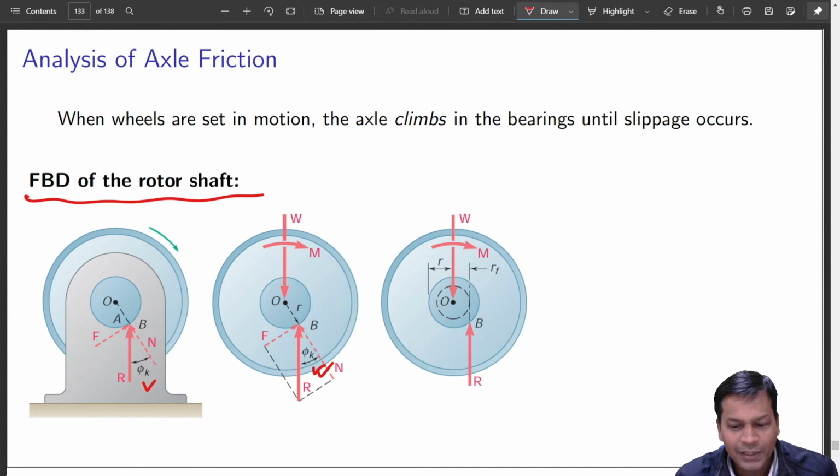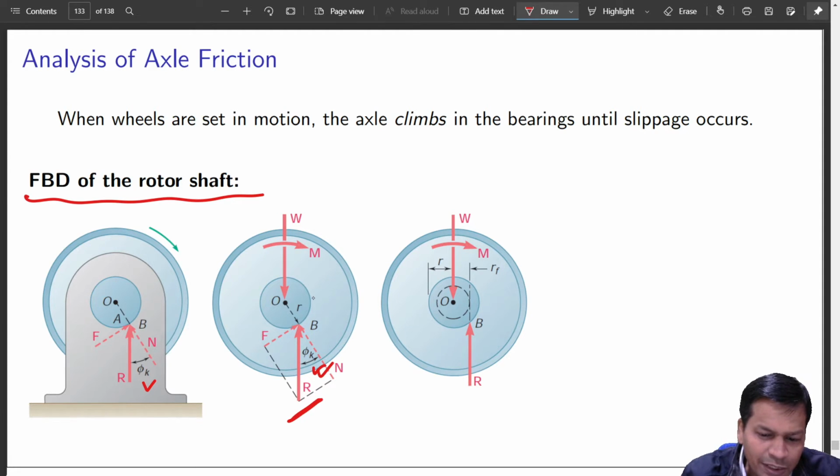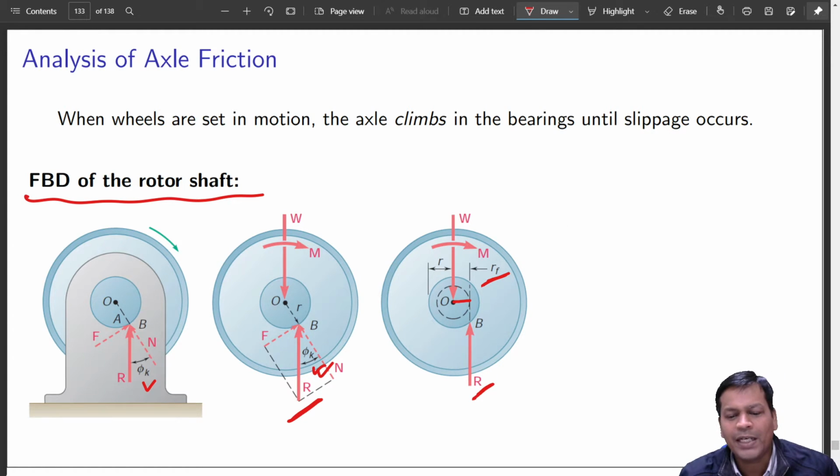In order to balance the moment, this R force effectively is also creating a moment, is it not? That also will create a moment. Okay, so there is an RF, that is the effective distance from the center. That is where it is actually acting, and that is creating the same moment as the moment which is externally applied on this shaft, and both the moments should balance. That is what is taken here.